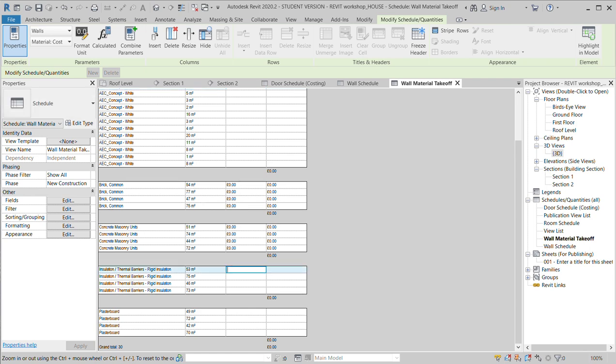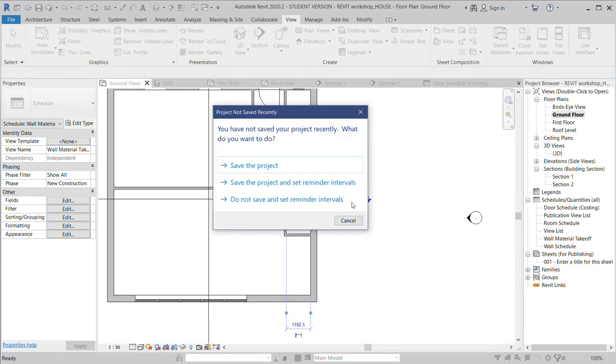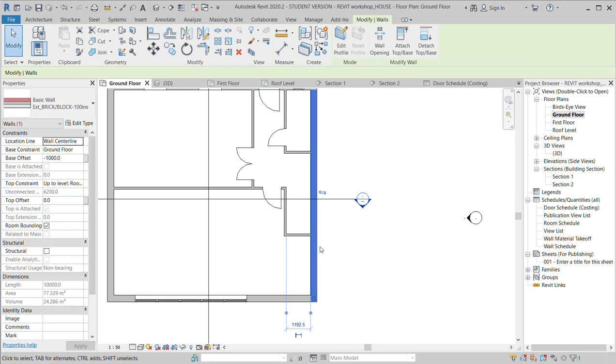So if I go in here and say insulation, for example, a rigid insulation costs £65 per meter squared. Click enter, and that will obviously now update all that insulation and give us a grand total. But where does this actually hide within the actual Revit model? So if we go back into ground floor, if I click on the actual wall and I go